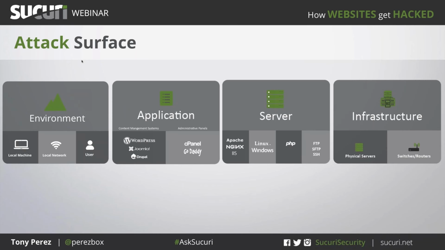And so then we also talk about things on the server side, things like the OS on the server, things like the programming languages or the server daemons, FTP, SFTP, things like that. All those are considerations. Then there's, of course, the infrastructure. Now, I would be remiss if I didn't say that on the infrastructure side or just across the surface, there are certain things that you are responsible for as a website owner, and then there are things that your service providers are responsible for, right? But the key here is that there is a responsibility shared between yourself and your website.